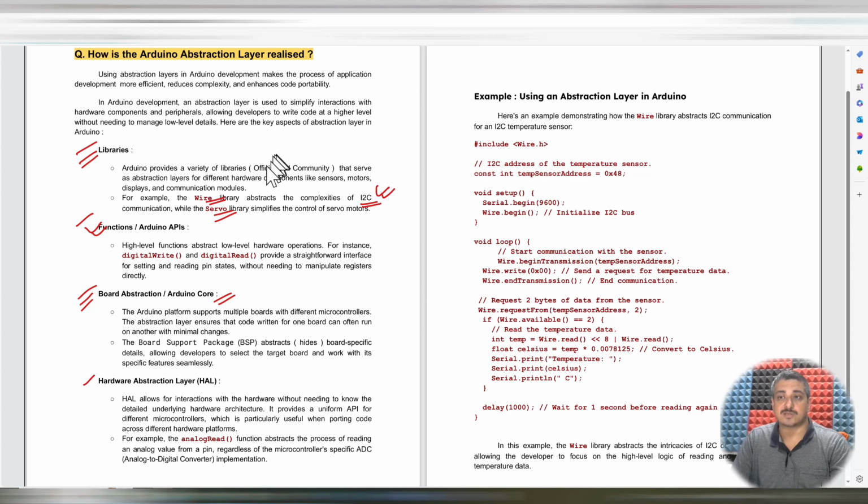What they do, with the help of these APIs, they just use these functions and pass some argument, that's all. Sometimes that argument may be any number, or maybe some string, or maybe any particular pin number, and just by that they control all the hardware